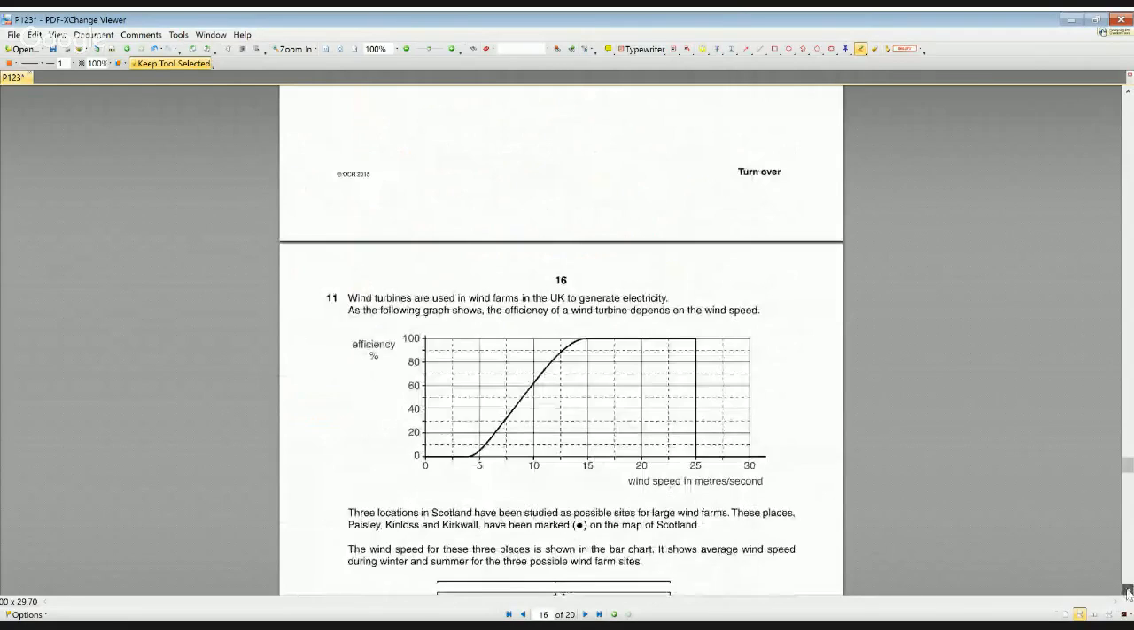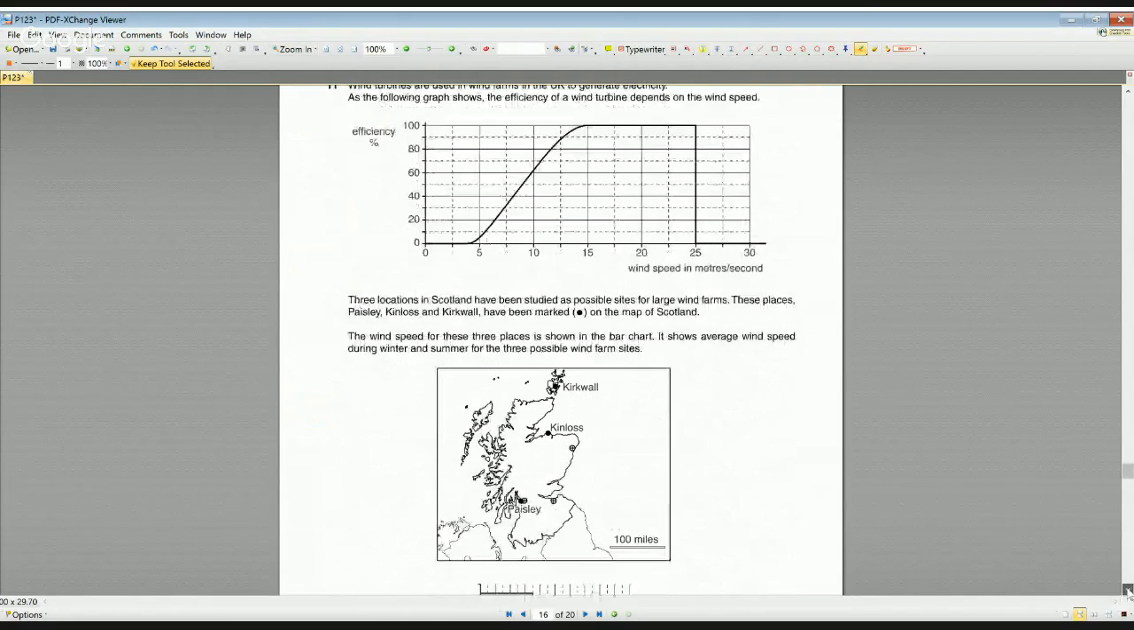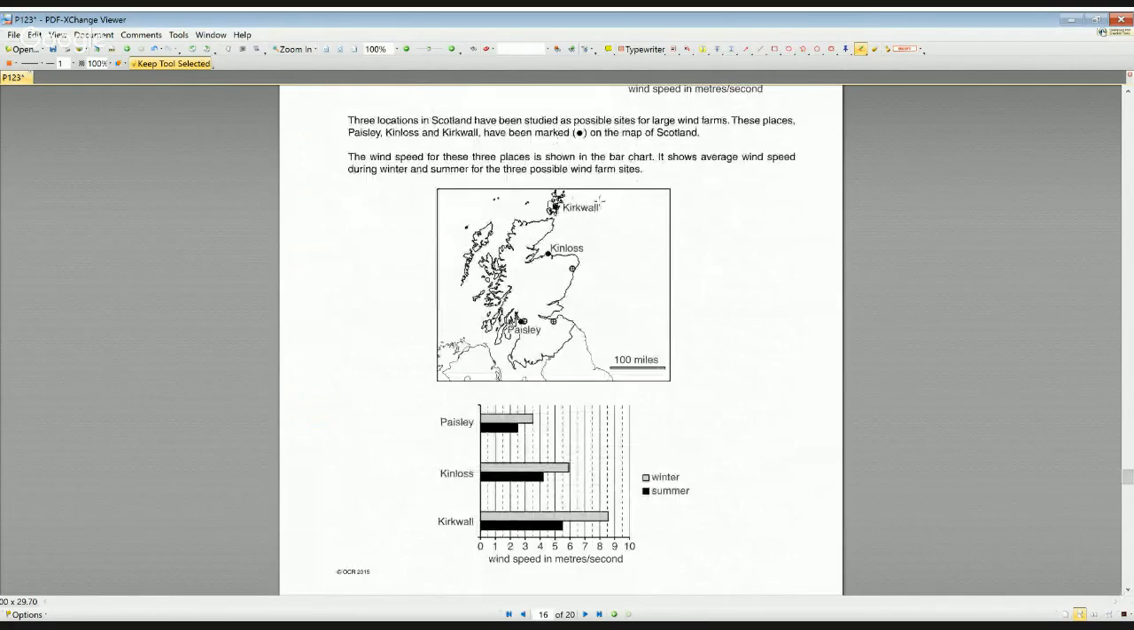And question 11 is a 6-mark question, but it's one that requires a fair amount of data handling and quantitative analysis. We've been given a few bits of data here. We've got a graph that shows how much efficiency you would get from a wind turbine depending on how strong the wind is blowing. We've got a map showing 3 possible sites for a wind turbine: Kirkwall, way up in the Shetland Islands; Kinloss, up on the northern coast there; and Paisley, which is much further south, right next to